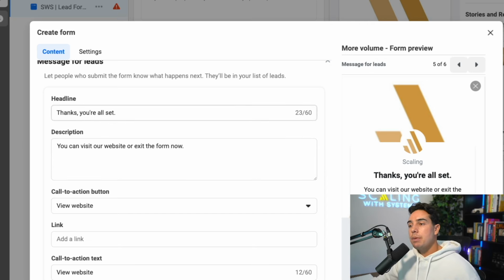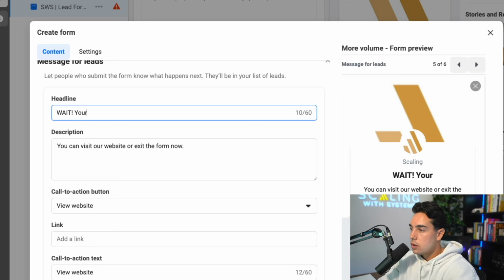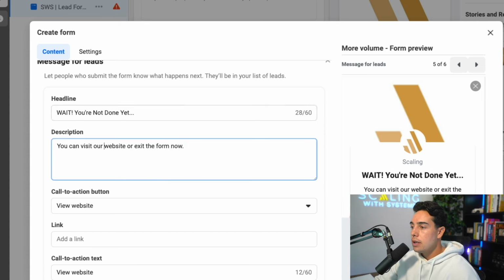And most of the time, people have kind of a thank you page after they submit the lead that's like, thanks, you're good to go. But we don't want to do what's known as closing the loop. We don't want to say, oh, you're all good, don't worry about it. We want to say, no, you need to stop what you're doing and book a time on the calendar right now, right? So instead, I'll say something like, wait, you're not done yet. So that keeps the loop open. And then we'll say as the description something along the lines of